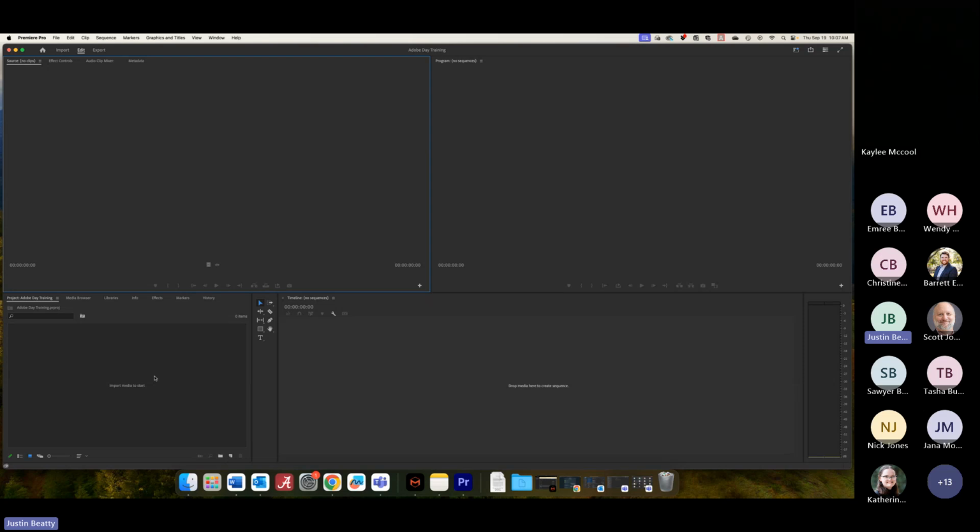And the great thing about Adobe is Adobe offers really several ways to do anything you want to do. There's usually two or three different ways that you can do it. So some people will have a preference on one way or another. I'm going to show you a couple of different ways that you can bring these assets into your project. So the first way to import footage into your project is to just drag it into